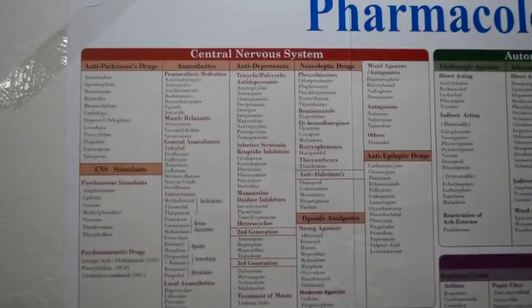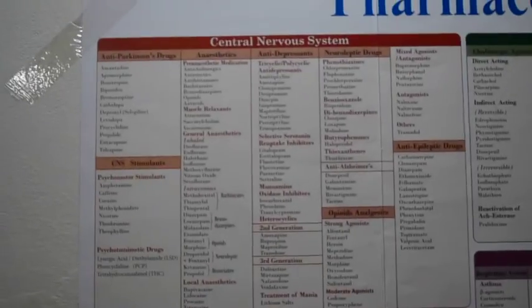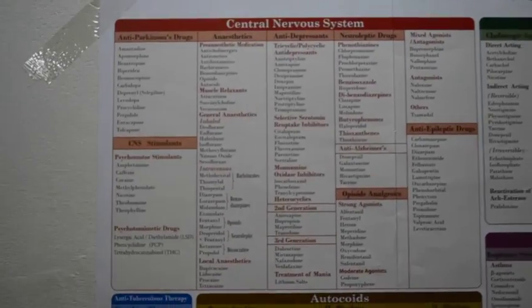So this is my classification chart for pharmacology, pharmacological classification. It has a classification according to all the subjects that I'll be studying, and this is the chapter that I just did. I can show you CNS completely if you want to see it. This is how the classification is given in these notes. So it's really easy this way.